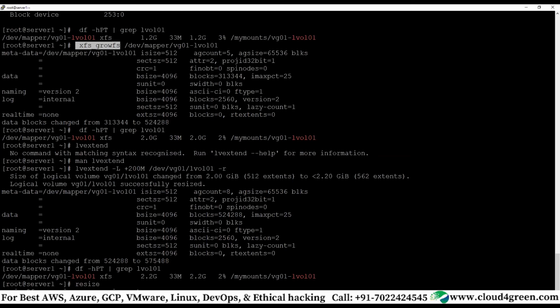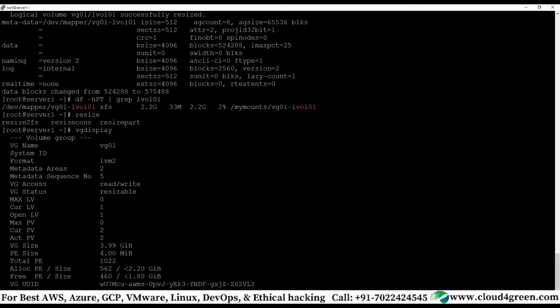Now, since we don't have a disk here, I will also give you another example, vgextend. So what happens if you don't have space in the VG? Now you did add the space in the VG. That's why we were able to extend the logical volume. But what happens if we didn't add space in the VG? Will you be able to extend? No. You get an insufficient space error. So you need to extend the VG, just like I have shown you, right?